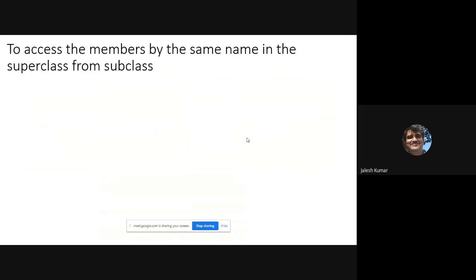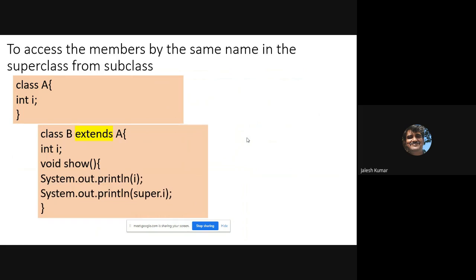Next, the second use. We have one class A which contains one variable i, and class B which extends A, which also contains the same variable, that is i. The base class, that is the superclass, has one variable i, and in the extended class we also have a member with the same name.